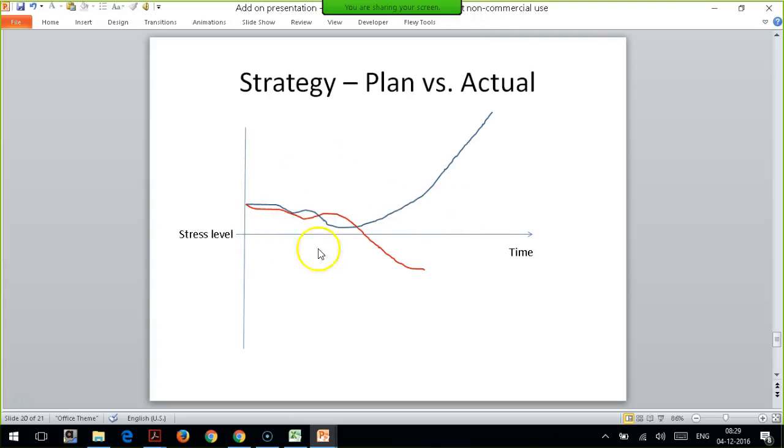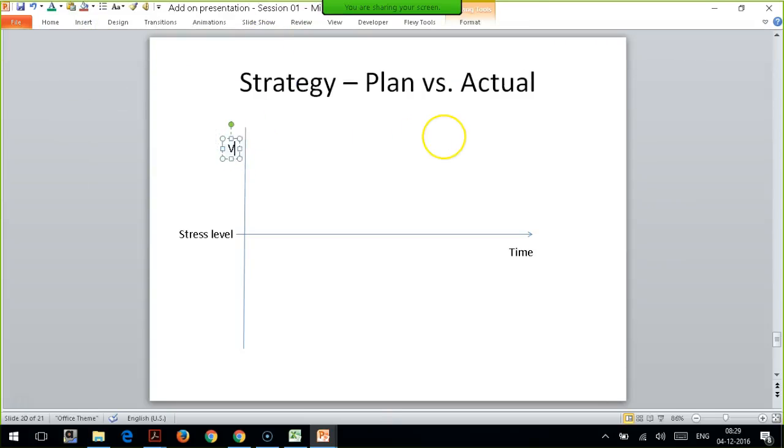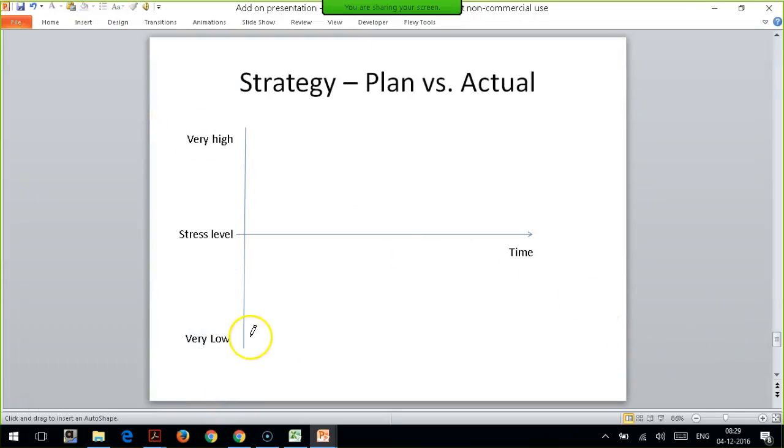So this is like your bad stress, okay, and this I'll say stress level very high, and this could be very low. So usually in long waterfall projects, the behavior is something like this. Till you are doing your project, starting up, doing some requirements, design, it will be like this, very nice. Then it will become like this. As you come close to the project and delivery, the risk level or the stress level in the project